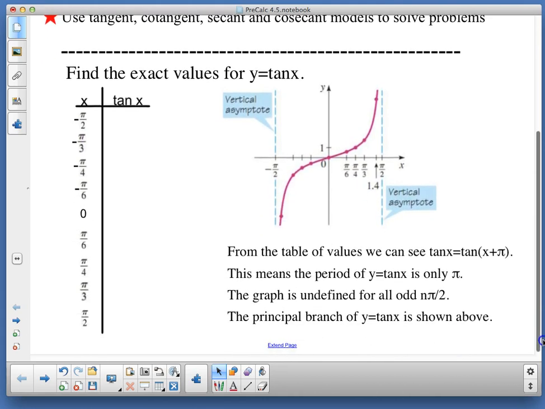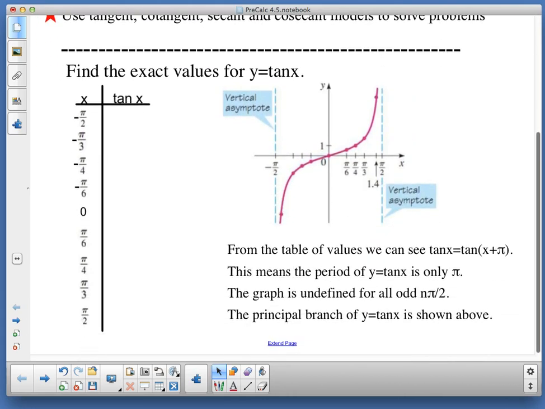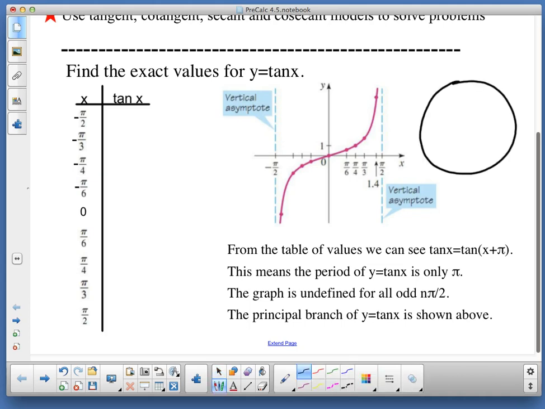And here's why. When I'm looking at this, if I talk about negative pi over 2, my tangent, I've got sine over cosine. Well, pi over 2 and negative pi over 2, I deal with the sine and cosine as I'm working around my circle. And remember, I'm working around the circle. I've got 0, 1, and 0, negative 1. Well, if it's sine over cosine, as I approach 0 with my cosine value, it's going to go to infinity until it doesn't exist. So it's going to be incredibly close to pi over 2, but it will never cross